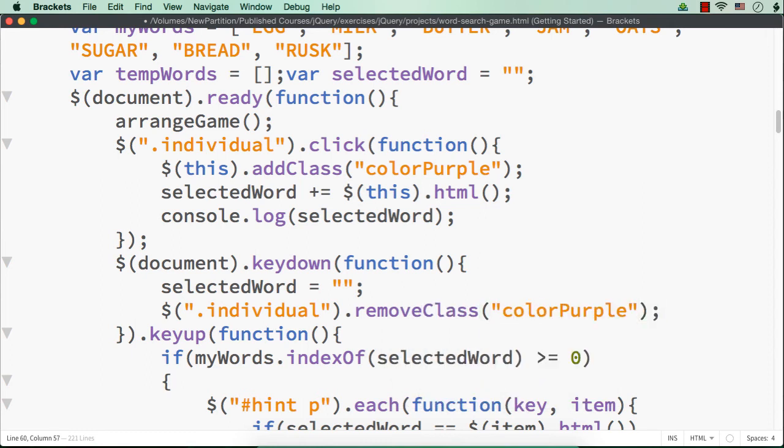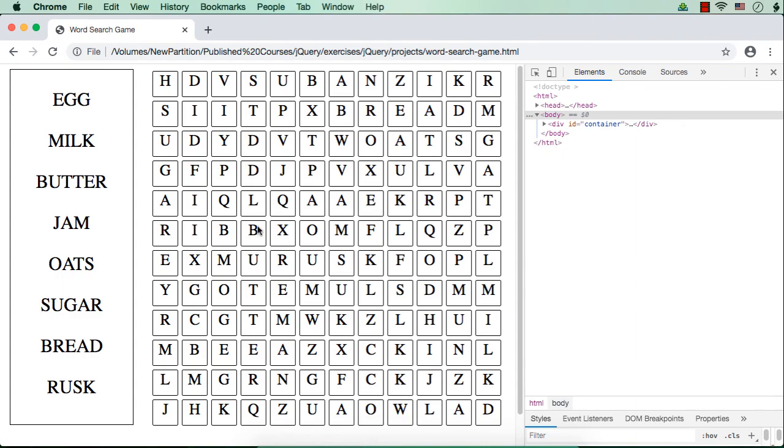Now again let's check. Let me save this. Let me click the command key, BREAD. Now once the words are correctly selected, we have to give some other color for that. We will do that later. Now let me try to click. See, that color has gone. Now only this is having the purple color. JQX is not there in this list, so nothing happens. Again, RUSK, yes, it is correctly selected.